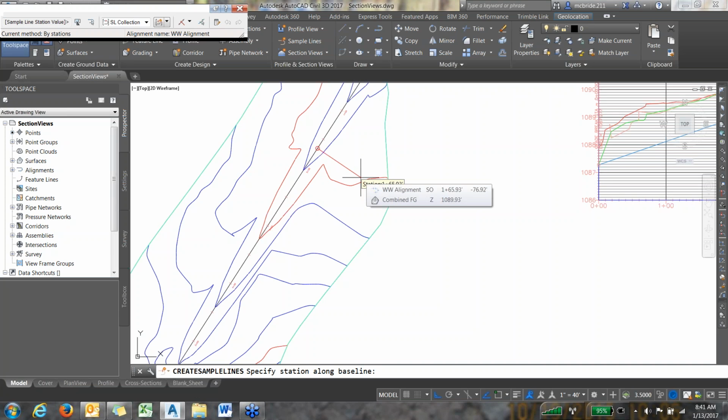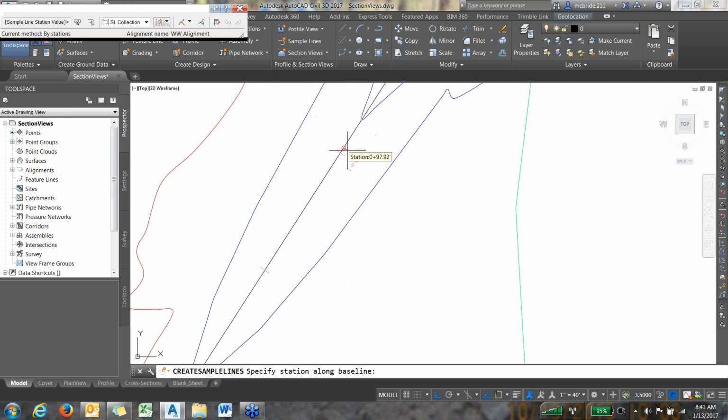I'll start at station 100, and what I do is I can either zoom in and select station 100, which is right here, and I can snap to it if I had my snap turned on, which I don't right now, or I can just type in 100. Okay, so if I type in 100, you should be able to see at the bottom of my screen there, I typed in 100. If I hit enter,